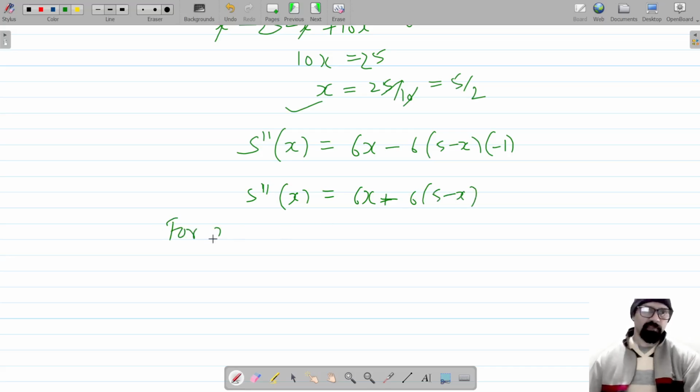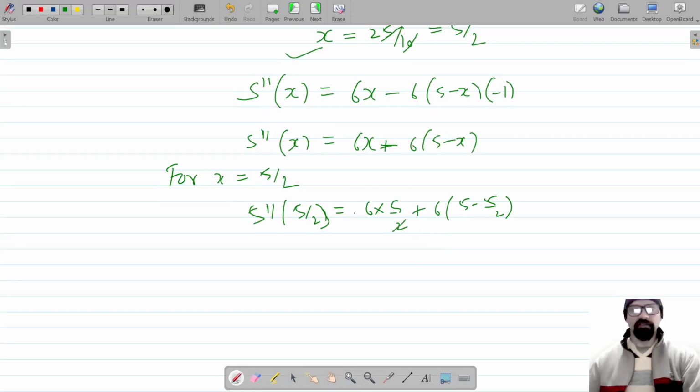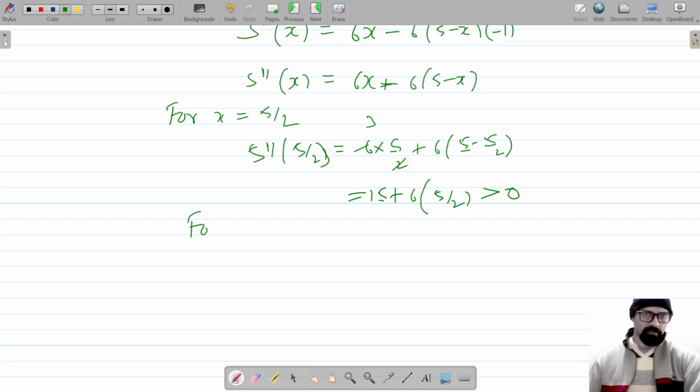Now for x is equal to 5 by 2, let's find out second order derivative. So second order derivative का sign check करेंगे: 6 into 5 by 2 plus 6 into 5 minus 5 by 2. So this is 15 plus 6 into 5 by 2, which is greater than 0. So ये positive ही आएगा. इसका मतलब है कि for x is equal to 5 by 2 पे s of x is